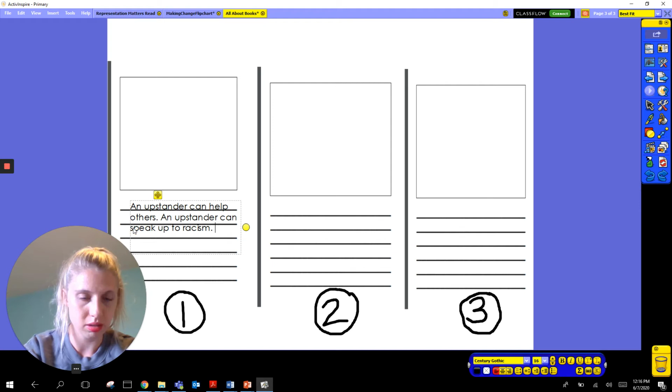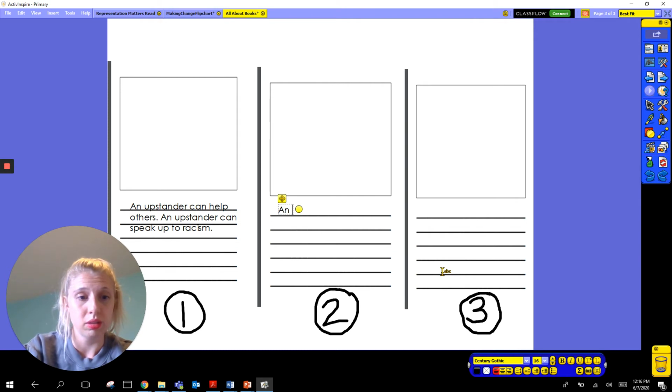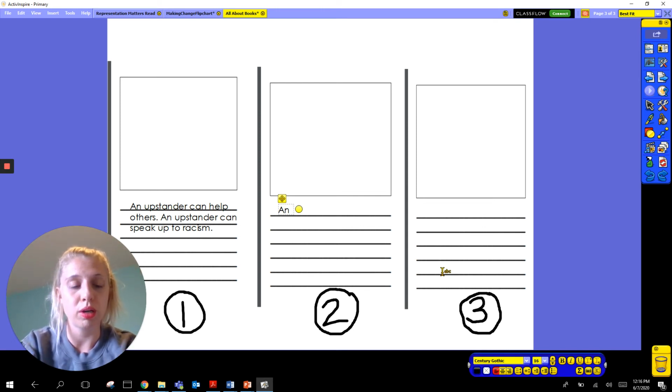And so now I have my can. I could add a picture if I want, but now I'm going to go to R. R is also is. So an upstander, if it's plural or singular. So in this case, we're talking about one person who's an upstander. So we would use is, and upstander is,